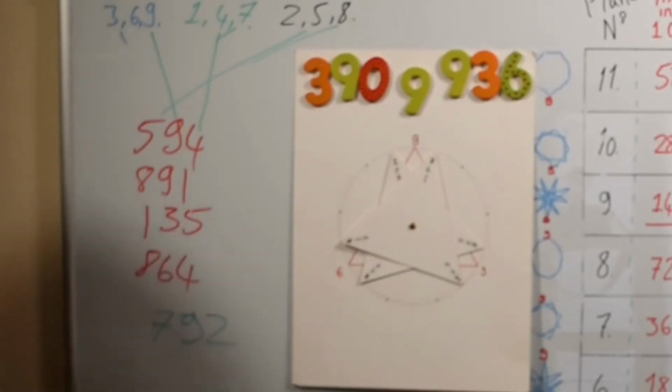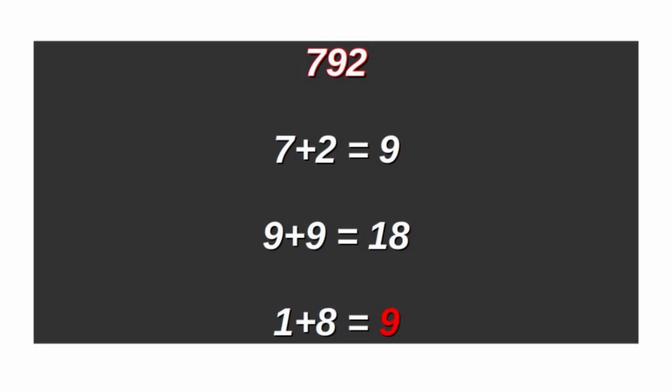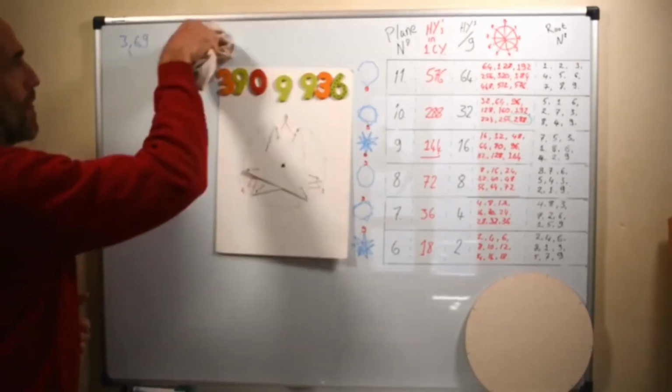So as the numbers expand and get bigger, we can still rework them to fit into these 3 numbers. And obviously once we've got these 3 numbers, we can always work it back to 9, because they all fuse together one by one. The 7 and the 2, if we add them together, give us 9, and the 9 and 9 is 18, and the 1 and the 8 is a 9. So everything fuses together and in the end gives us 9. So we'll get rid of this again for now, and